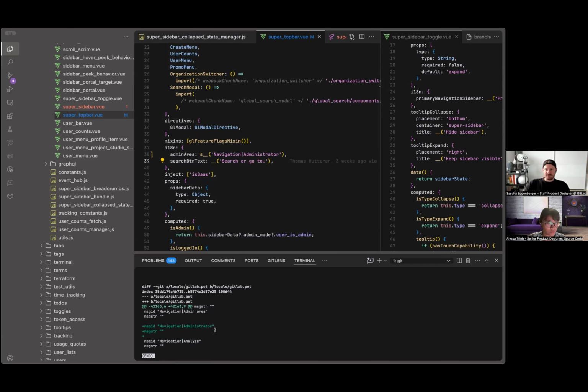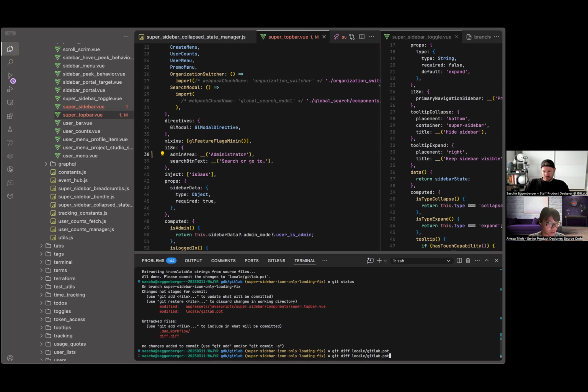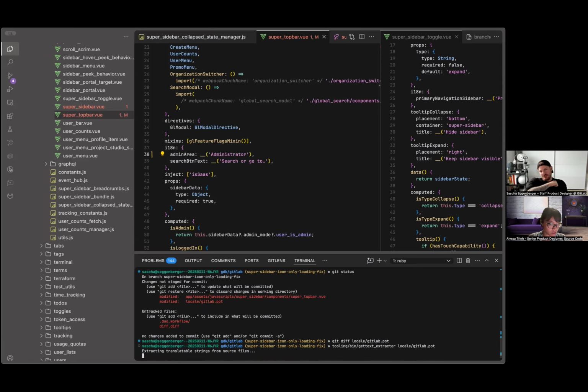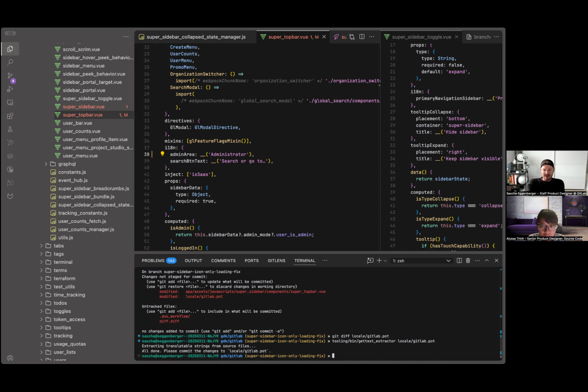Why is this important? Because for all the localization files, people get prompted that they need to add a translation now for this new string. So we can translate it to different languages. So if we would change this to administrator, without the scope, I'm pretty sure this will yield a different result, because I'm pretty sure we used administrator as a string in the user interface. So if I run it now again, and if we did this again,